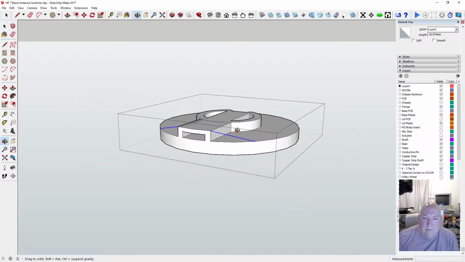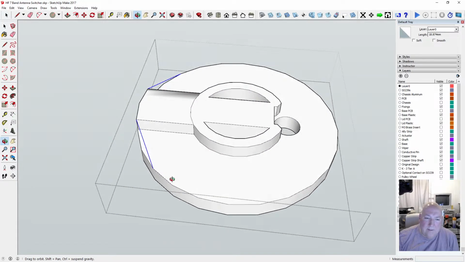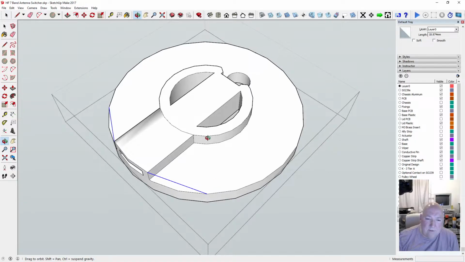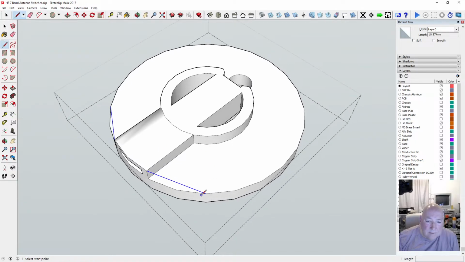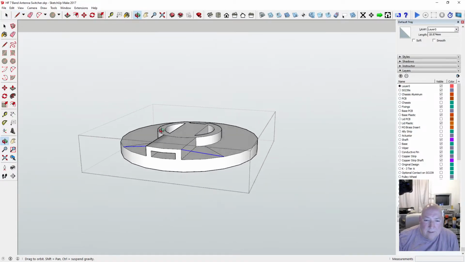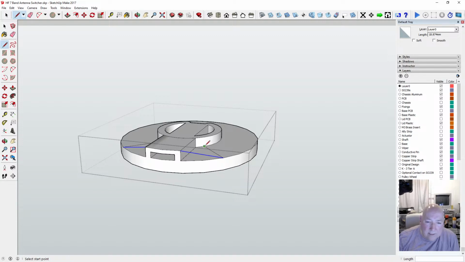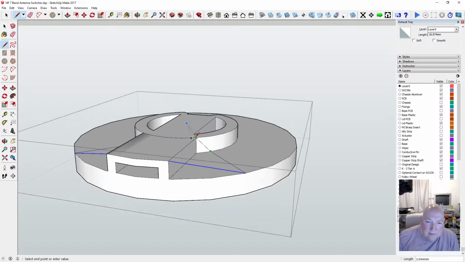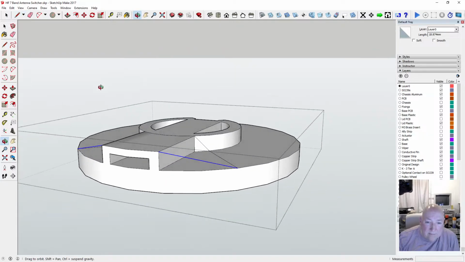So this ramp would probably do it, and that just needs to go straight up to there really. Just straight to there, I suppose. Yeah, and straight to there. Okay, and now we will need a ramp. I don't know if I get a ramp out of this. That's quite a steep ramp, isn't it? That's not going to work. Oh, it might be. Maybe.